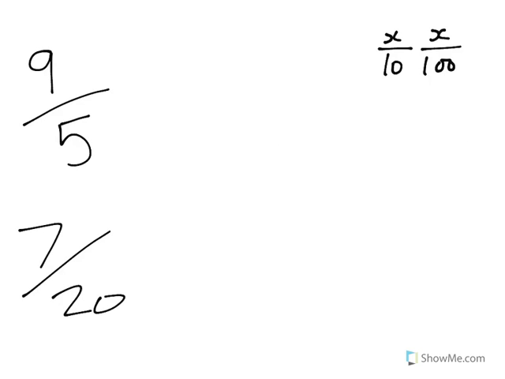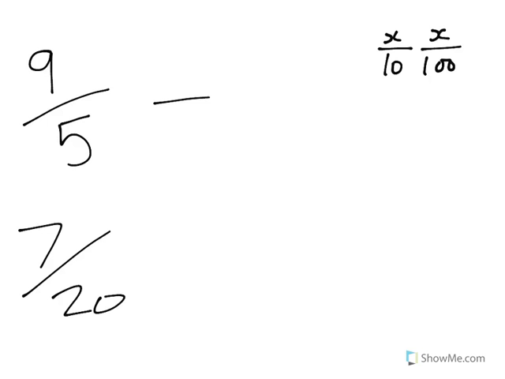Things get a little more difficult when you don't have a denominator of 10 or 100 and you need to use your times tables to convert 9/5 or 7/20 or other fractions like this into something out of 10 or something out of 100. Now, if I look at 9/5, I should be able to see straight away that I